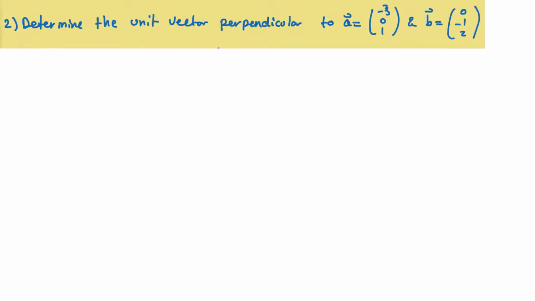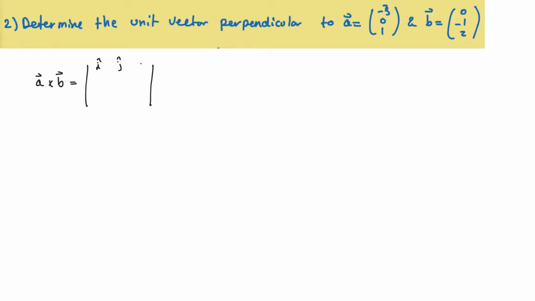For the next question, we're asked to determine the unit vector perpendicular to vectors a and b. Well, by definition, a cross product of two vectors will result in a vector that is perpendicular to both of those vectors. So we can do that to find the vector, and then we divide it by its magnitude in order to find the unit vector. So the first step is to find the cross product of the two vectors, and that's going to equal